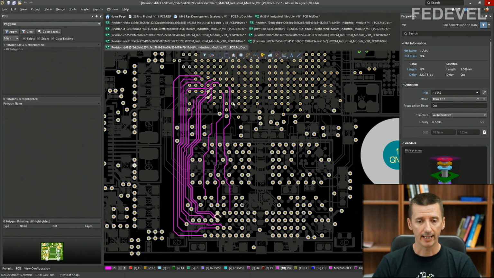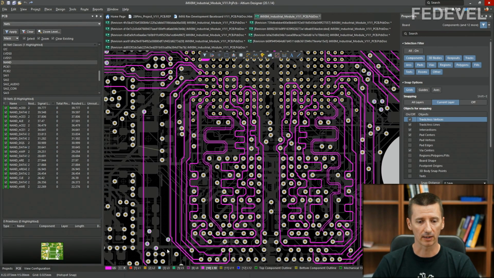And then when you try to improve this layout, when you try to route the memory interface properly, you will find out that this is not enough space to do it, and then you will find out that you have to reroute all these tracks which you have already routed here. You will need to reroute them somewhere else on different layers. It's going to be a lot of additional work. So even when you are creating a preliminary layout, when you are doing a draft layout, you still would like to do it somewhat properly to get an idea how much space you will need for this specific interface.